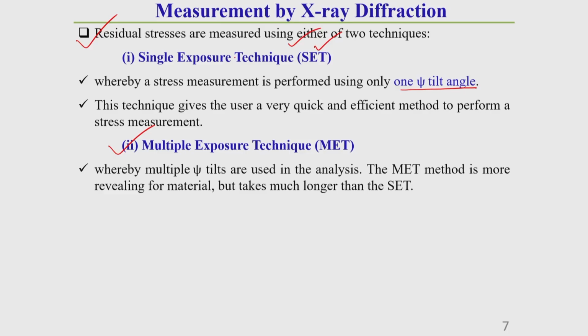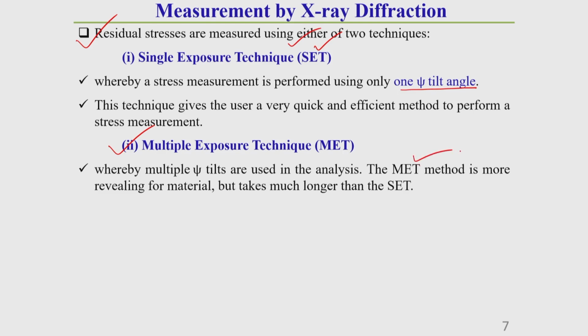But this single exposure technique generally is used for quick and efficient distribution of stress in a lattice specimen. That means this technique gives the user a very quick and efficient method to perform a stress measurement, whereas the